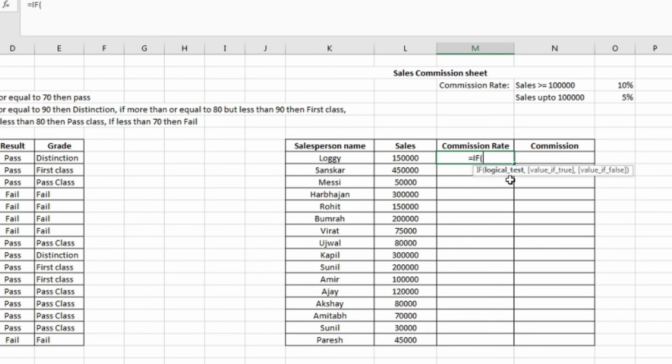Logical test is what? If sales is greater than or equal to 1 lakh, so I will put 1 lakh, and our logical test ends over here. So comma, then it is asking value if true. What is value if true? We will give him 10% commission rate.